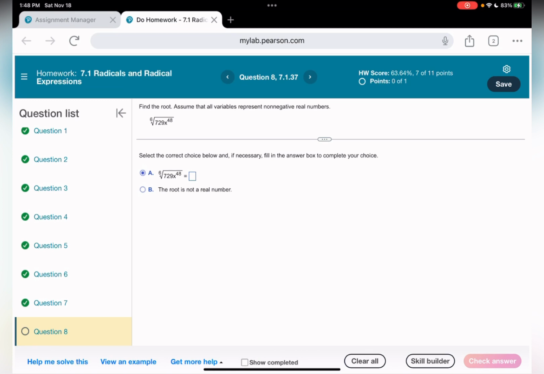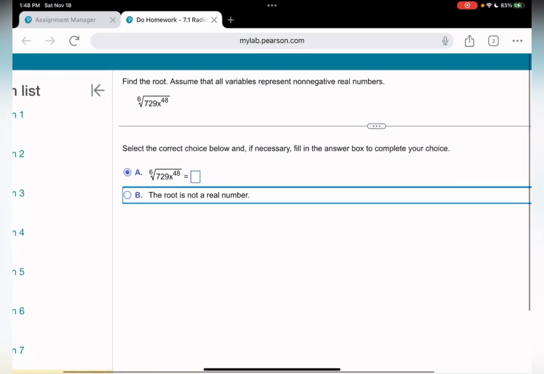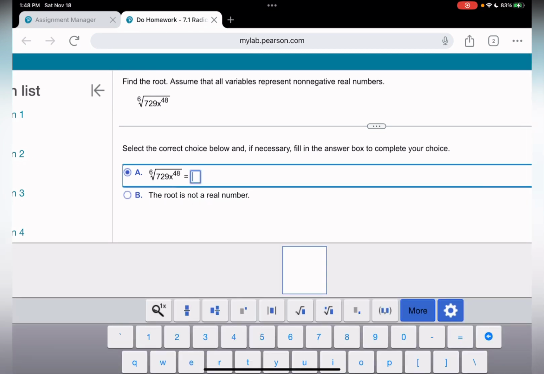So what do we have here? Radical degree 6 from 729 x to power 48. Well, with x to power 48, it's going to be easy. We take 48 and divide by 6, and we get x to power 8. Let me put here